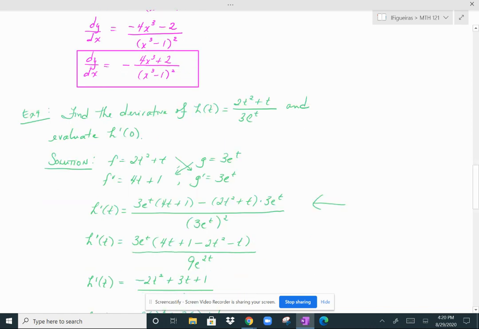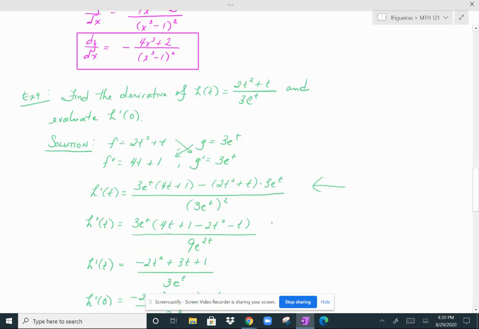All right, so just like a previous example that I did in this lesson, the products in the line above have a 3e to the t in common, so I factored that out. And then I was left with 4t plus 1 minus 2t squared minus t, because you have to distribute that negative there. And my denominator, when you square it, it becomes 9e